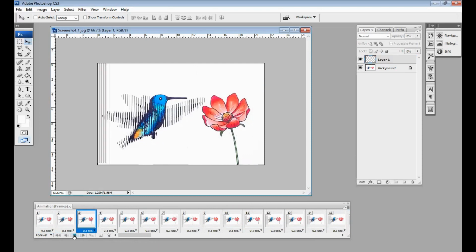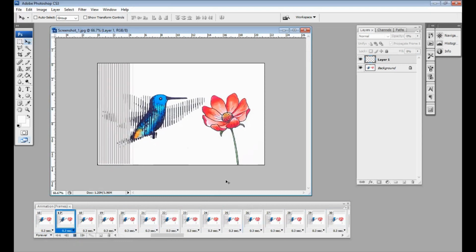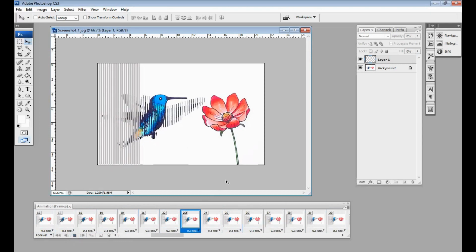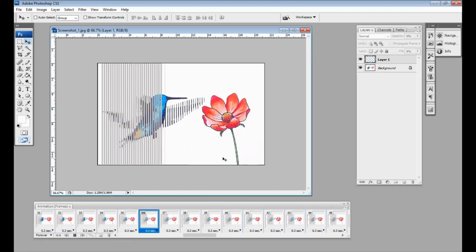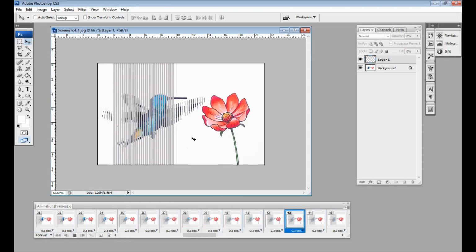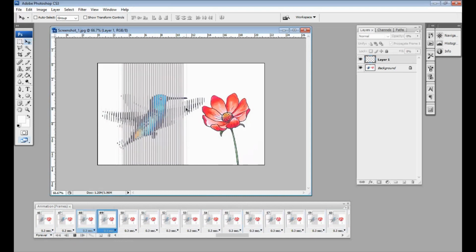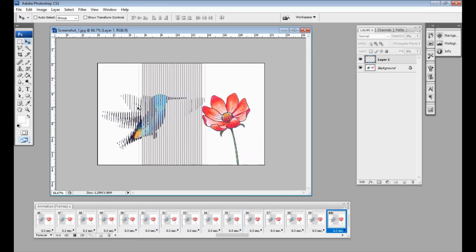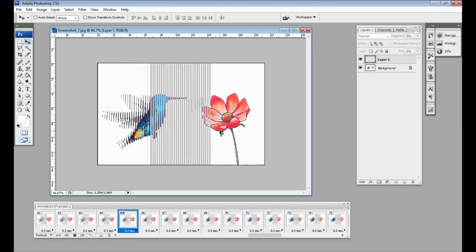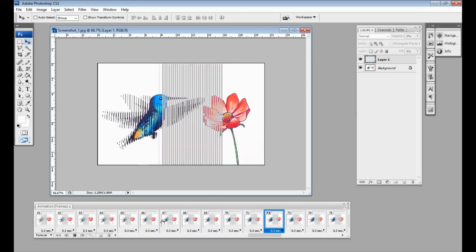Play. Okay, let's see the result. Okay, all of you can see the wings moving front and so on.